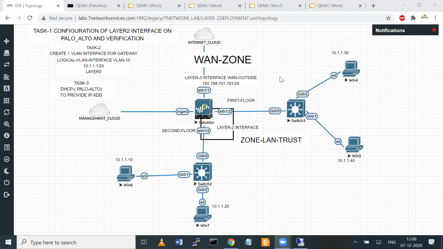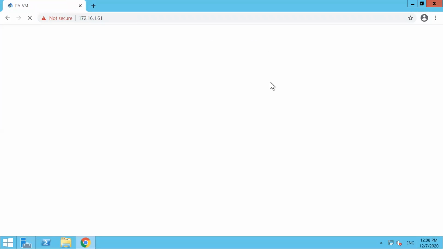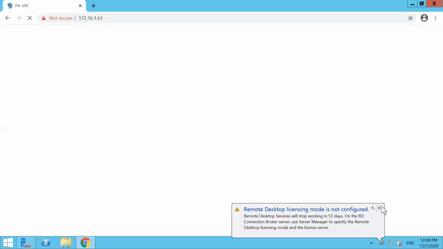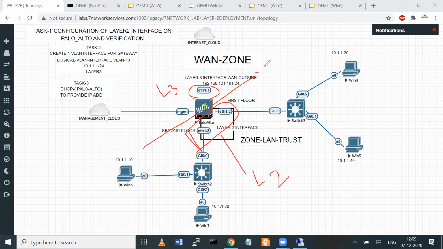So we just have to configure Ethernet 1/3 and 1/2 as layer 2. So I'm just coming here, and first we have to change the name of the firewall. As we are going to configure it as layer 2, I'm just changing the name to layer 2 deployment, layer 2 firewall. See, the advantage of this Palo Alto is that the whole firewall is not going to work as layer 2. A few interfaces we can use as layer 2, and the rest of the interfaces we can configure as layer 3, as well as we can also configure